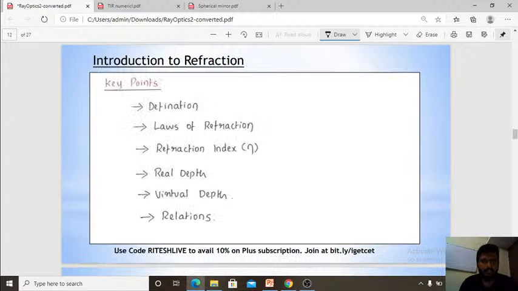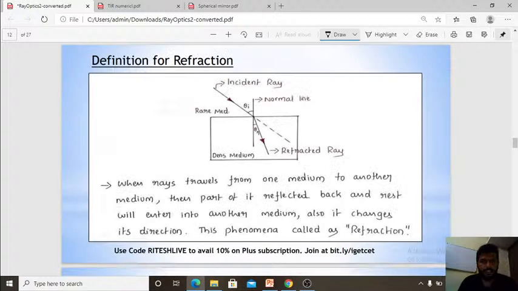I will go for the next topic, refraction. The key points are the definition, the law of refraction, and the refractive index, a very important term. Then real depth, virtual depth, and their relations. So what is refraction? Refraction is nothing but